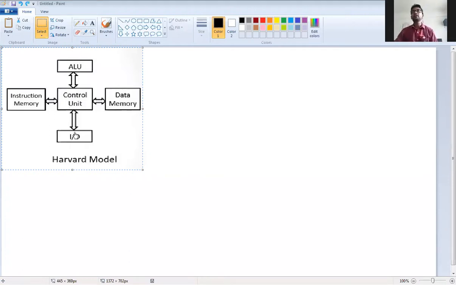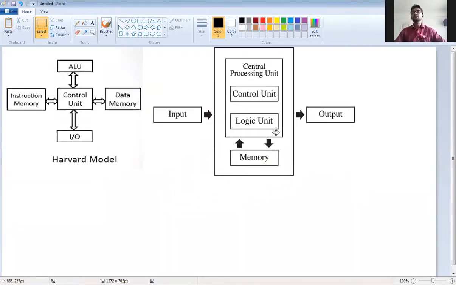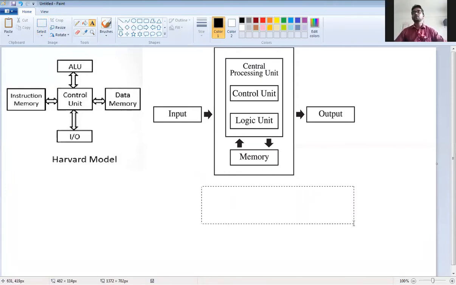Now the second type of architecture is the von Neumann architecture. As you can see, this is your von Neumann architecture.